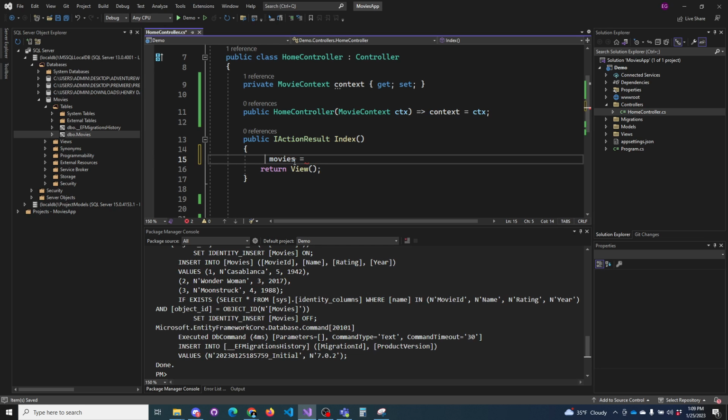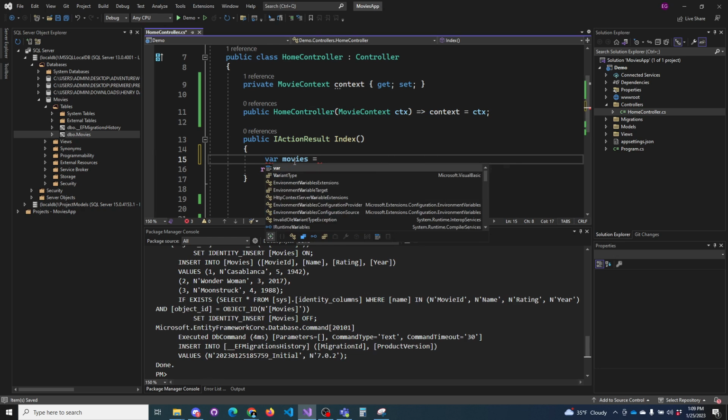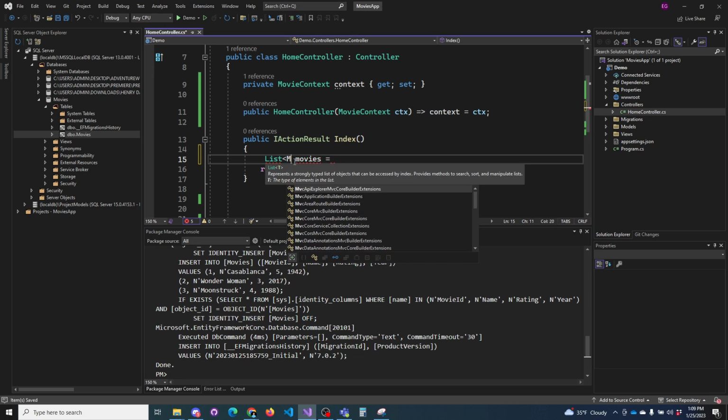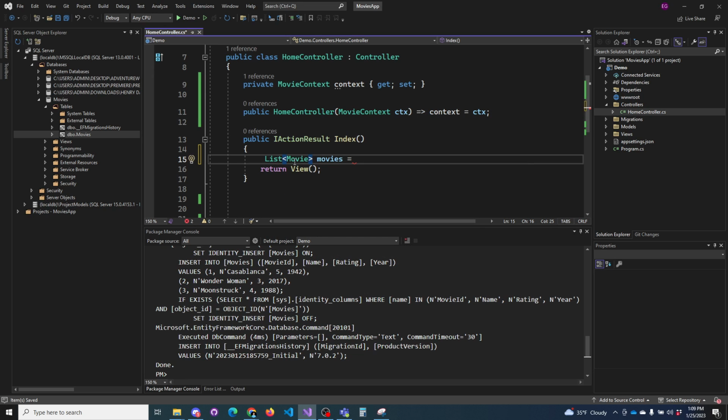And so this is going to wind up being similar to a list of type Movie. Essentially we know that this is going to return a list of movies, so when I say var here, that's what it's going to wind up being. But it's just easier to say var than List of Movie. And so this is our query. This is what we're going to use: context, remember, context.Movies,